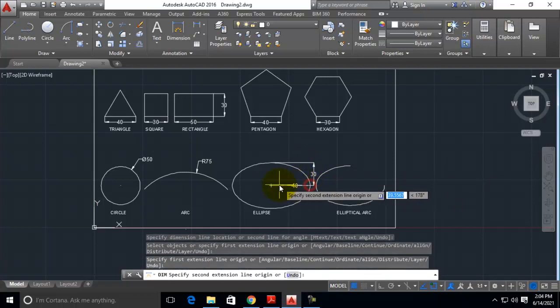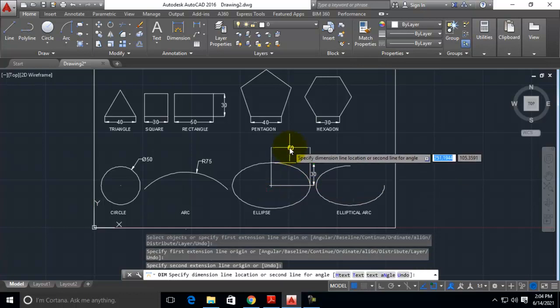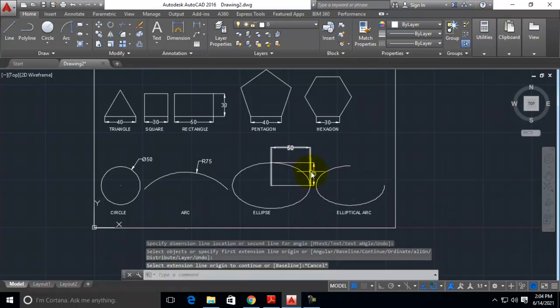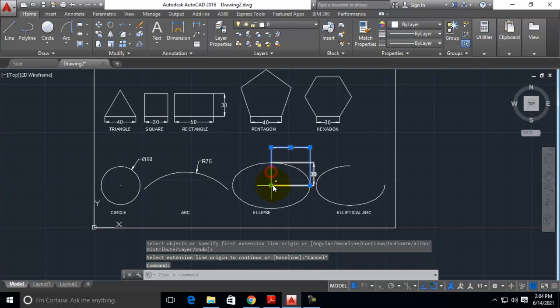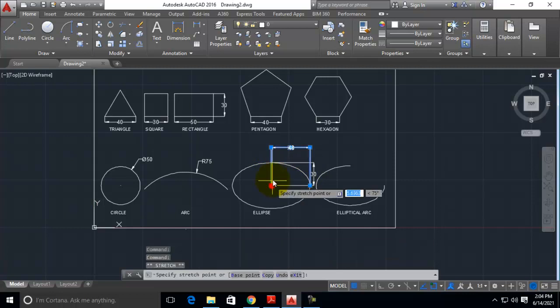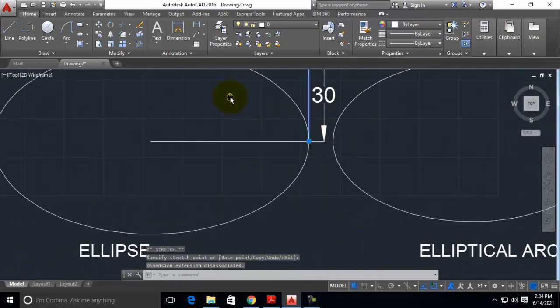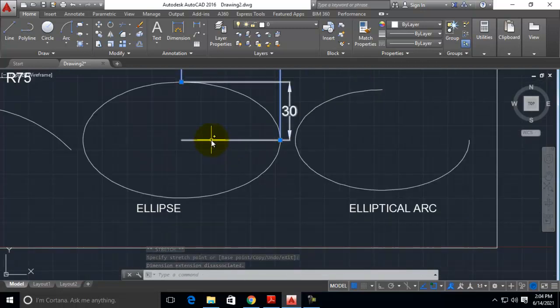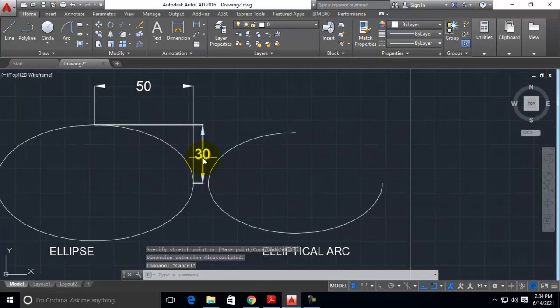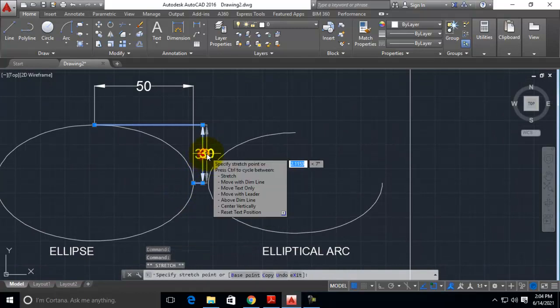Similarly, from here to here, position it here. Now if you see here, the line is disturbing the ellipse. You can move it in such a way that it is outside the ellipse, not disturbing the actual drawing. Like this, move it, manipulate it like this.